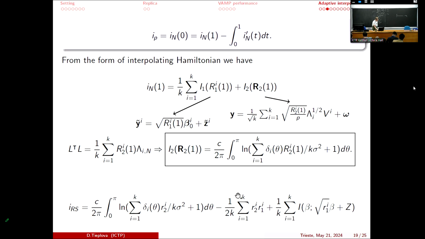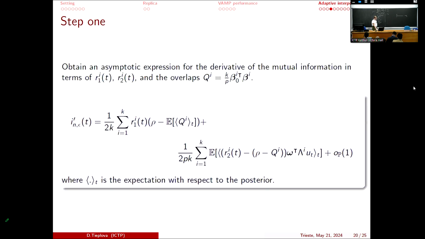And so what is left is in the middle, this strange term. But here we also have this strange term. So normally we want to match them to each other, right? This is exactly what we did. We calculated the derivative, and we have this term, which we will prove to be small, and this term, which we will force to be equal to this extra term from the previous slide. That is why we are trying to take this interpolation function R2 to be equal to this term R minus the average of the overlap.